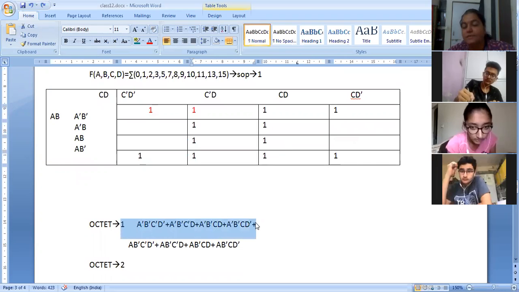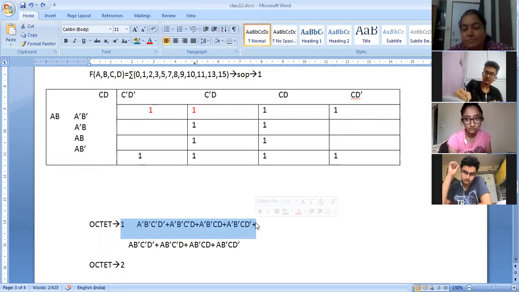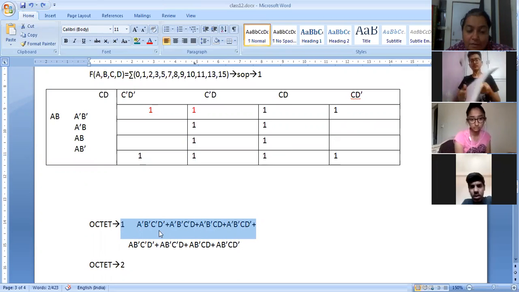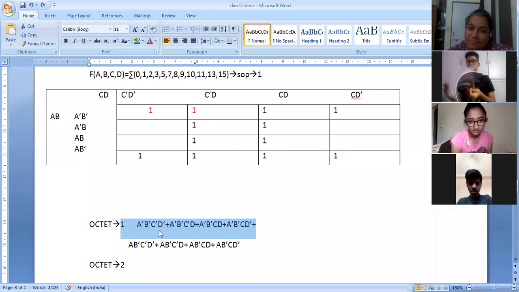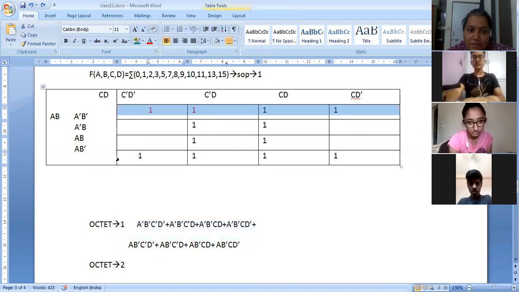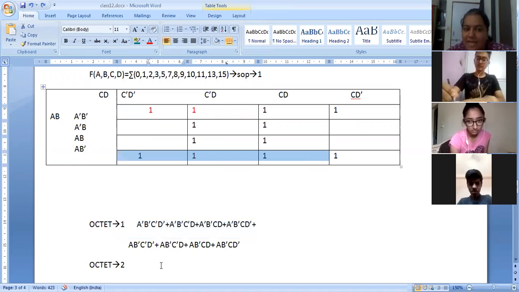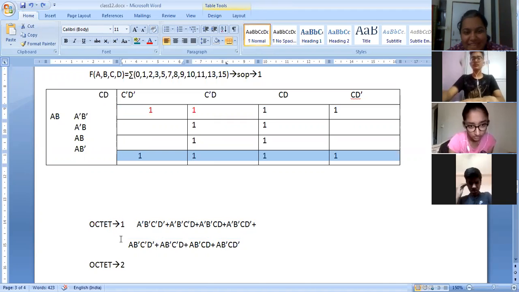Madam, A bar B bar common. In the octet you made, why are there 2 empty rows in between? Shouldn't they be adjacent? Which one, my dear? See, I have made only one octet till now. It is this one and this one. The second octet, I have not written the values till now because I want to simplify. So in the first octet there are 2 rows in between. Shouldn't they be adjacent? My dear, roll over.